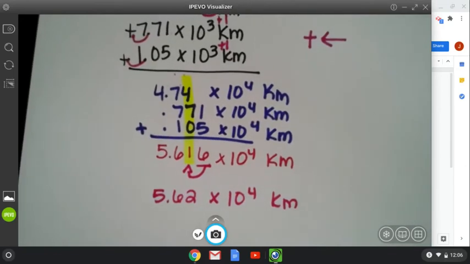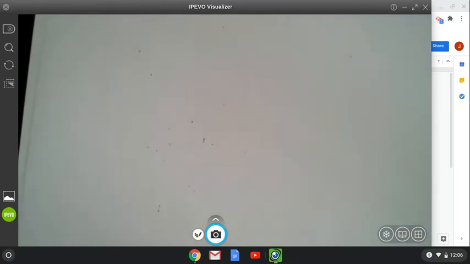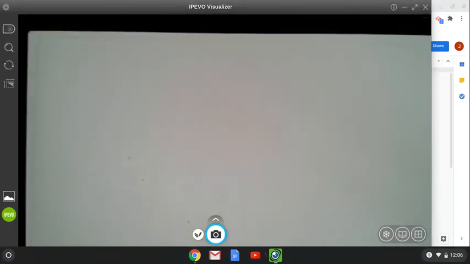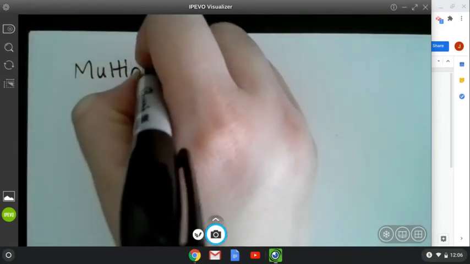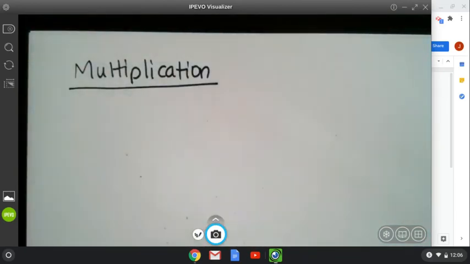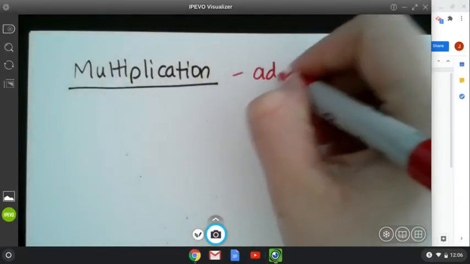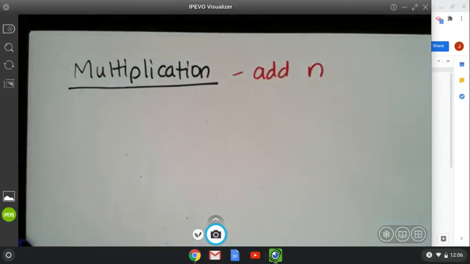All right. So let's do one more multiplication practice problem and one more division practice problem, and then wrap this up. Okay, for multiplication, you're going to end up adding your exponents together. I'm going to write add n, because n stands for exponents. Okay, so let's do a problem here. We're going to have